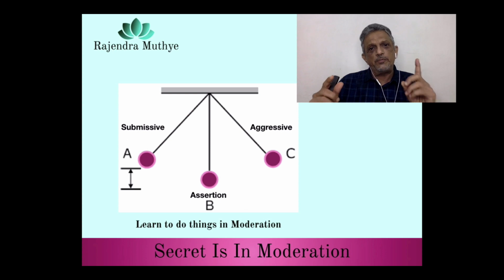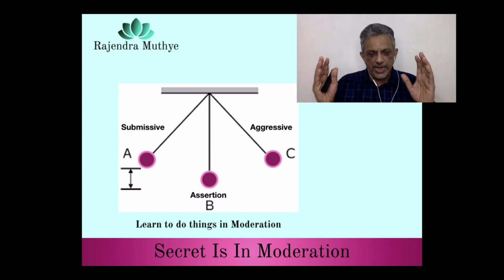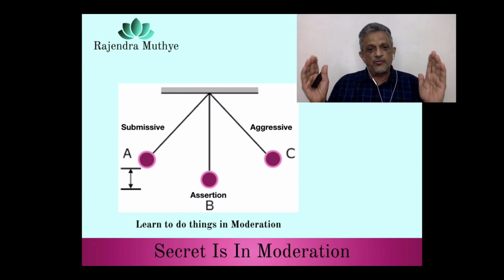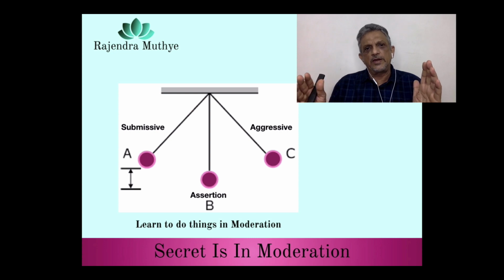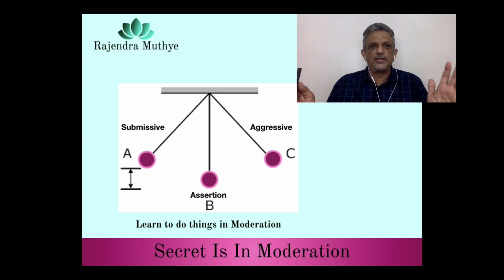The type B people know how to moderate in life. They know the art of moderation. They know the art of assertion. They don't get carried away by the extreme behaviors, and they live life. And one tool for being in control, in balance, is obviously meditation. You might find out ways and means how you can keep yourself in balance. You will have to train yourself. It's not very simple, but it is not impossible either, right? So let's understand that the secret of life is in moderation.